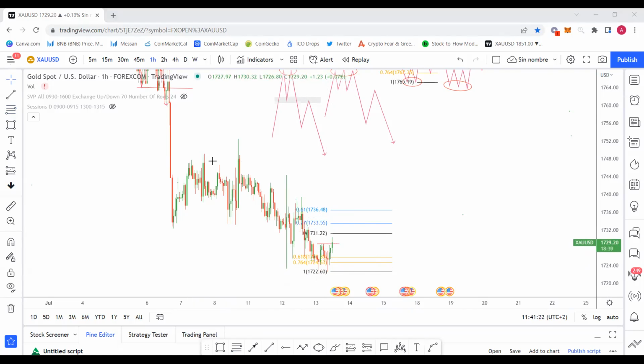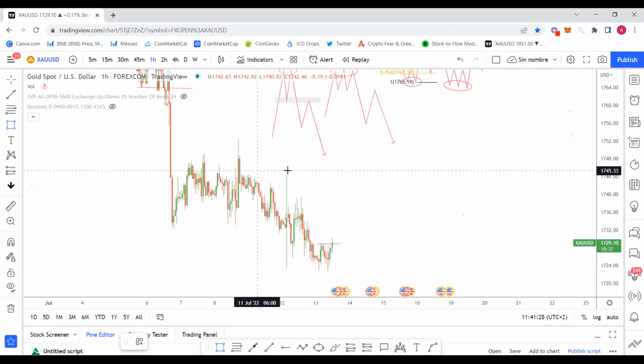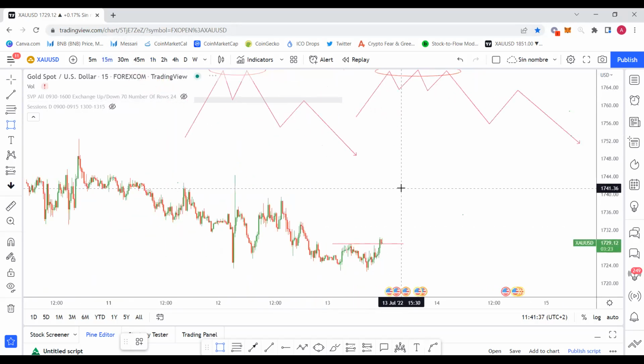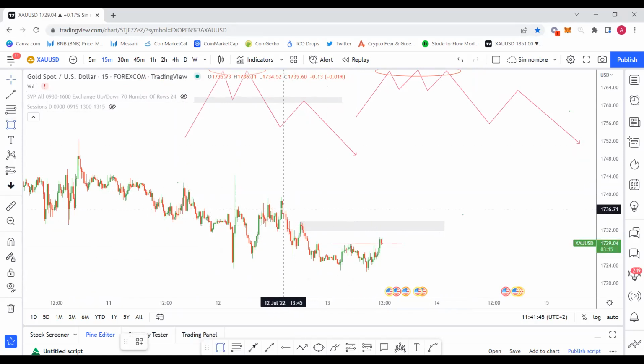And what would be a good way to set a take profit? So if you are trading this, if you look at the last video I sent on the group, I'm also explaining how I will be placing my take profits. For today, how I would be placing my take profits: first of all, one on this supply zone, another on this next supply zone.